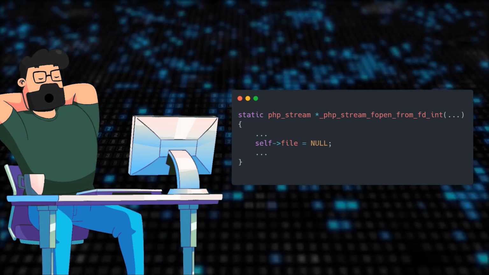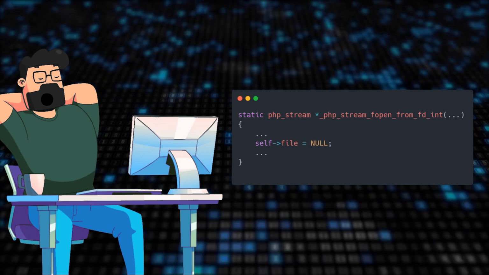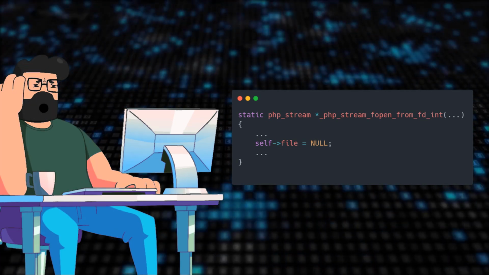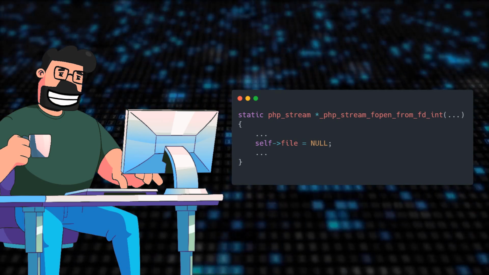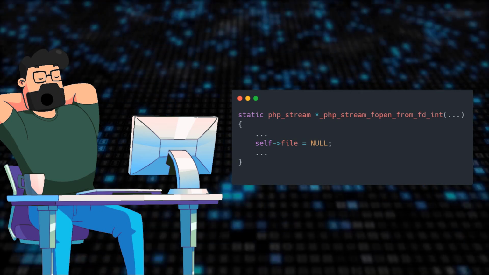Further delving into the PHP source code reveals the function php_stream_cast, responsible for setting the file field by utilizing fopen. This discovery highlights the crucial step in the process that was missed initially, leading to the null value and subsequent